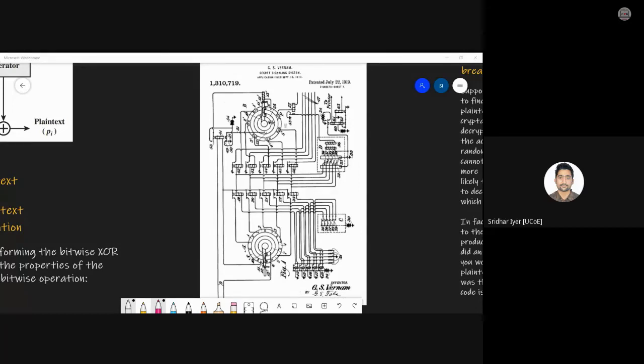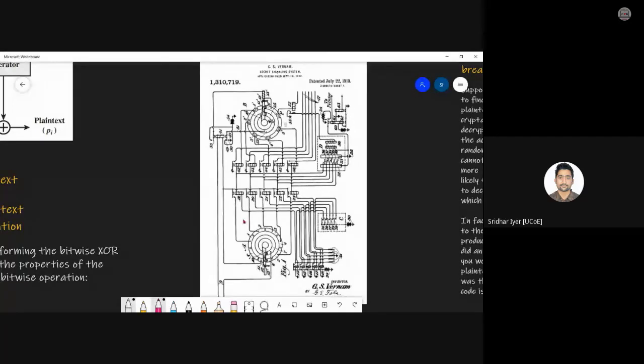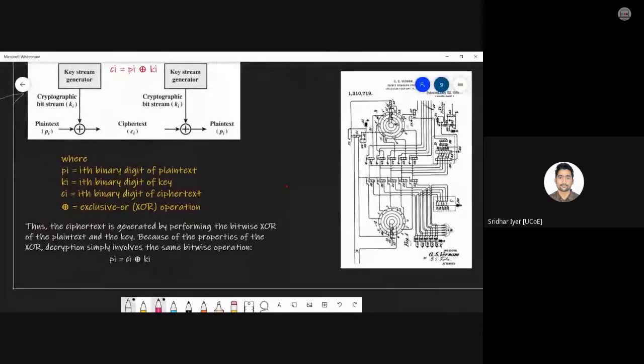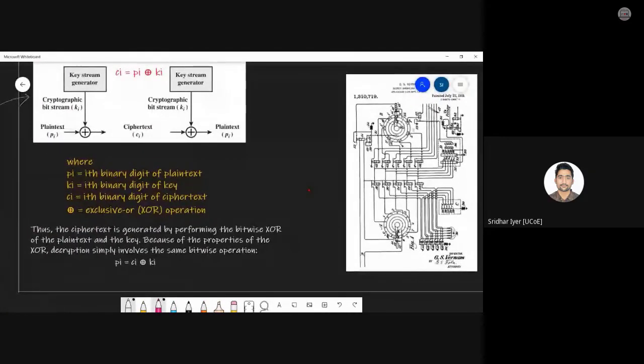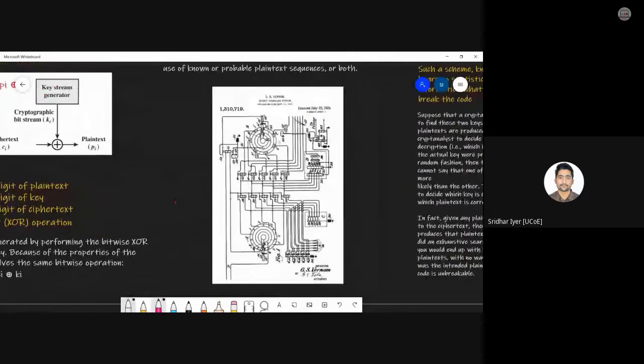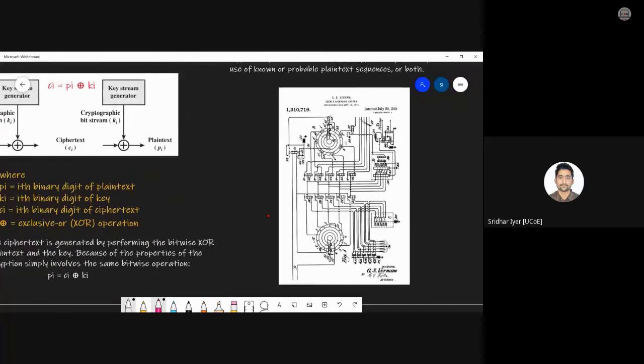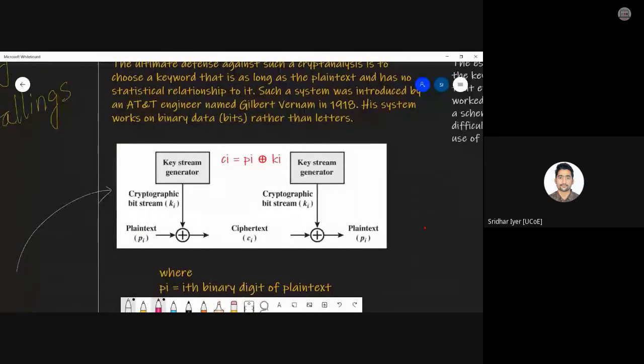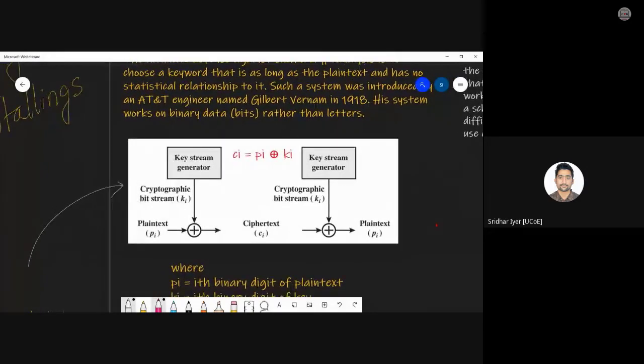So this is how that particular Vernam cipher looked, although the working is very simple. Nowadays you can say it's very simple because we have access to software. At that point of time, we didn't have access to software, so people had to punch holes in the papers to indicate zeros or ones, whatever it was, right? So just have a look at this diagram. It will make things clear. I will focus upon this in the next lecture in detail. Just have a look at what it exactly is.